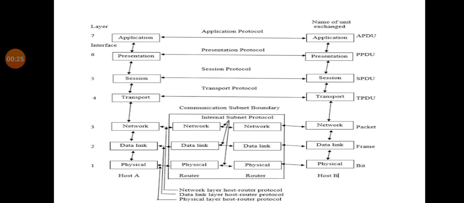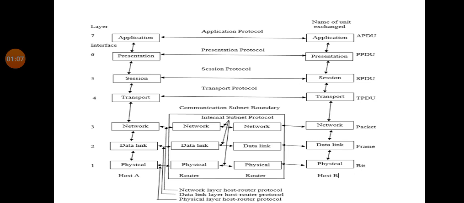So the first point is, we have to remember why we use layered architecture. Layered architecture for communication is essential to simplify the network design. To simplify the complex network design, we use layered architecture, and one of the layered architectures we are studying is the OSI reference model. It is an open system because we can easily use this architecture for two open systems that are ready to communicate with each other. So in today's lecture, we are going to study the functions of each layer of the OSI model.